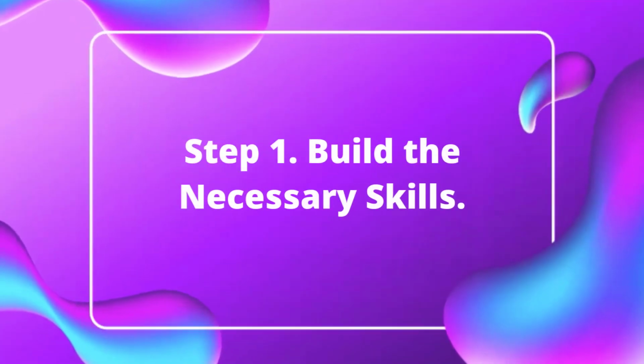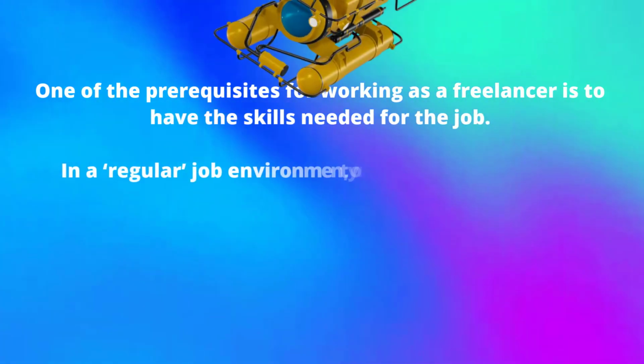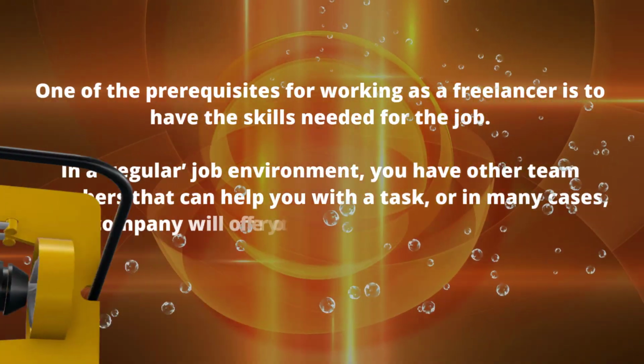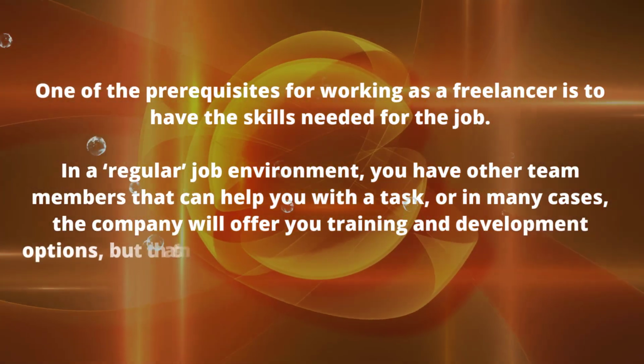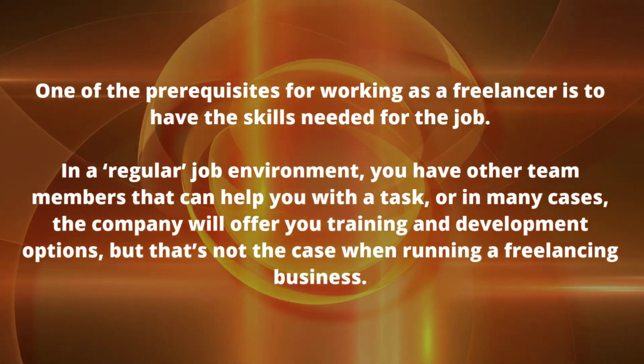Here we go. Step number 1. Build the necessary skills. One of the prerequisites for working as a freelancer is to have the skills needed for the job. In a regular job environment, you have other team members that can help you with a task, or in many cases the company will offer you training and development options, but that's not the case when running a